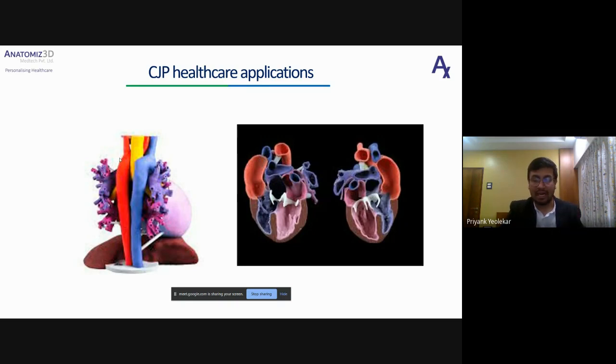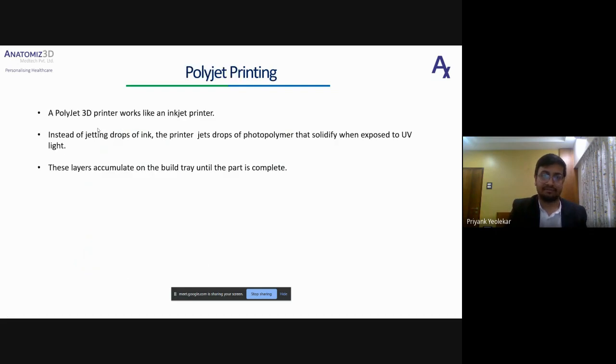You can give your orthopedic or bone models in this technology, and it will give an actual bone-like feel when they drill through the model. So this is how CJP is normally used in healthcare applications nowadays.